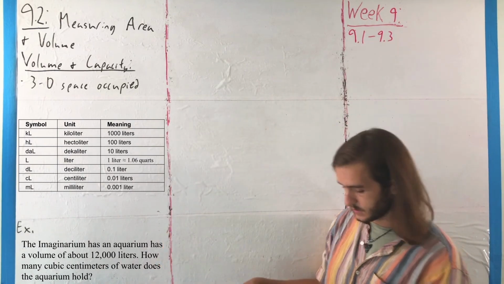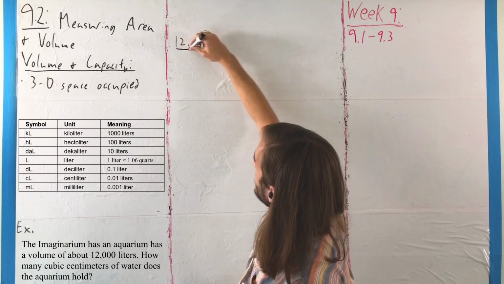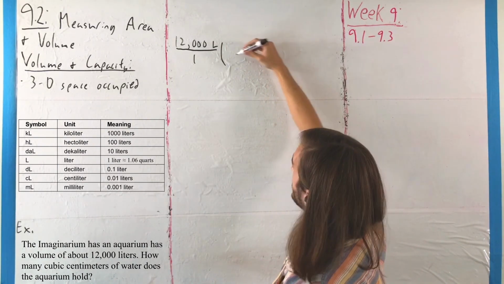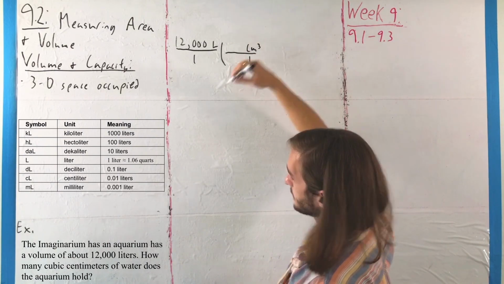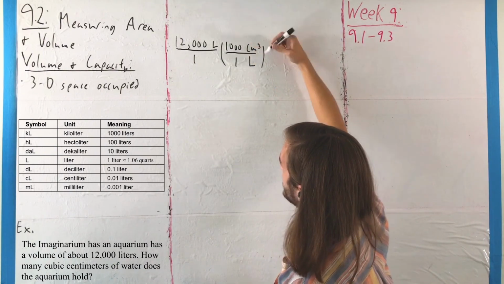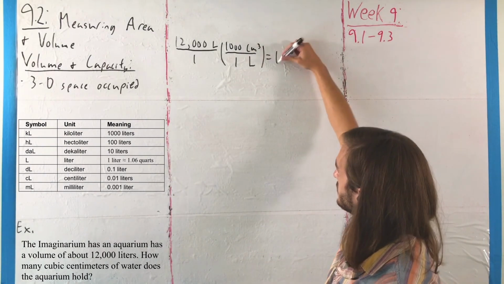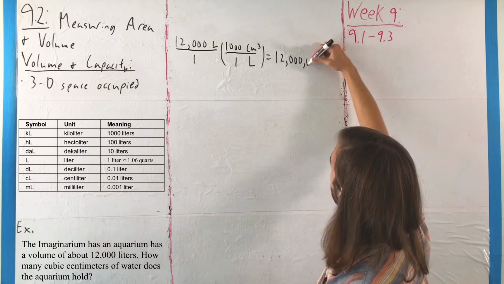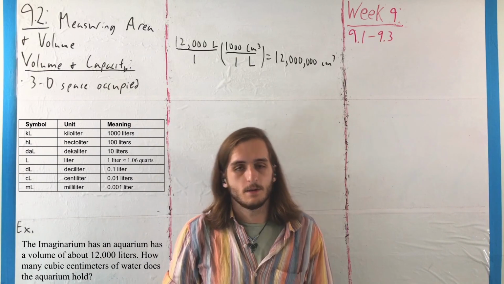So, in this case, we have that value of 12,000 liters, and we're going to work in terms of the conversion from liters, so liters are going to be on the bottom, to cubic centimeters, where for every 1 liter, there are 1,000 cubic centimeters. So we're just going to multiply these things together and get that the Imaginarium will have a volume of 12 million cubic centimeters of water, which is quite a lot to make the eels that they have